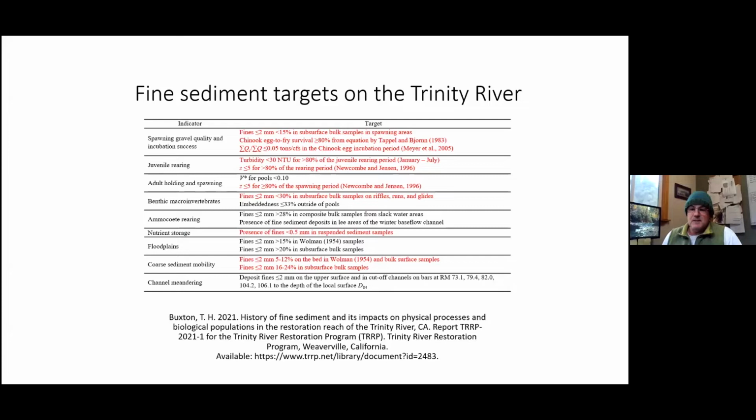restoring biological and physical functioning to the Trinity River that are promoted by fine sediments. So the ones that I was able to address in the report are